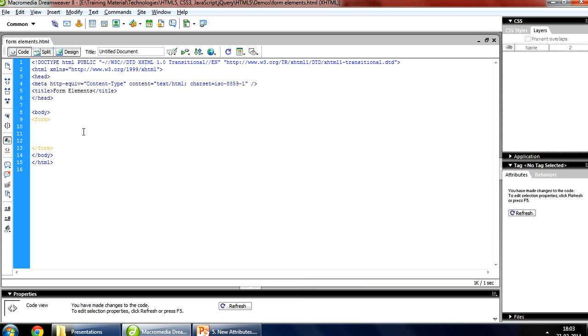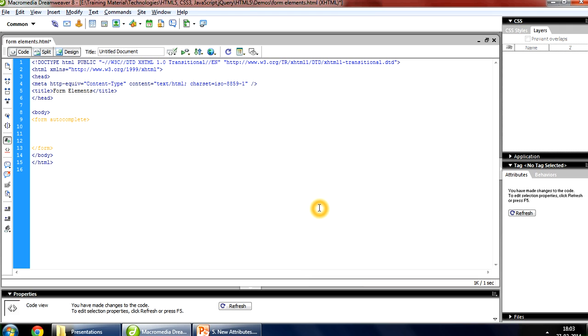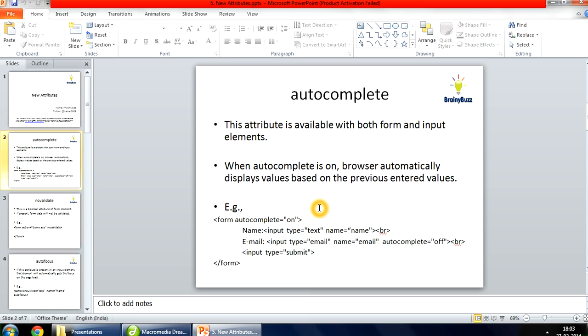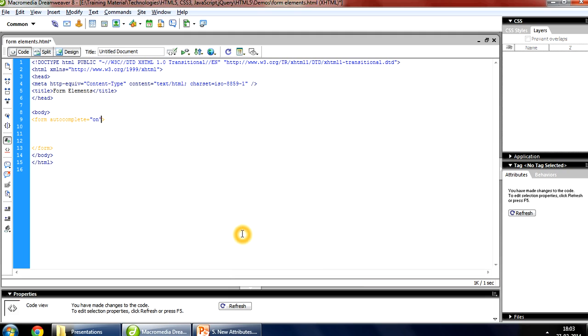So now you have a form over here and you can just type the autocomplete and put it on over here. And you can just put a text box and an email address over there.